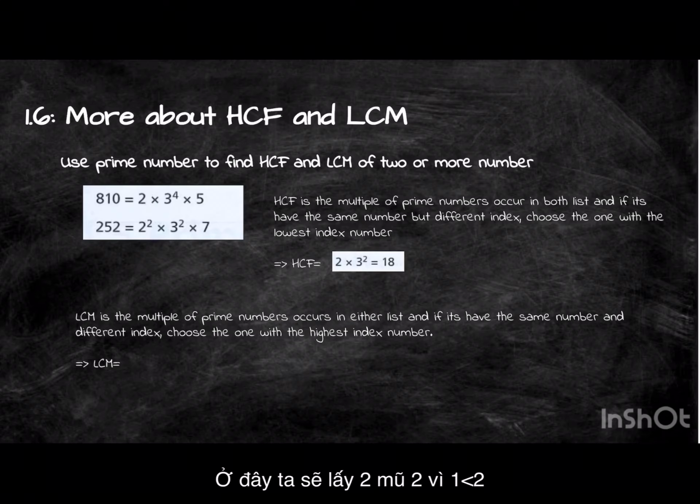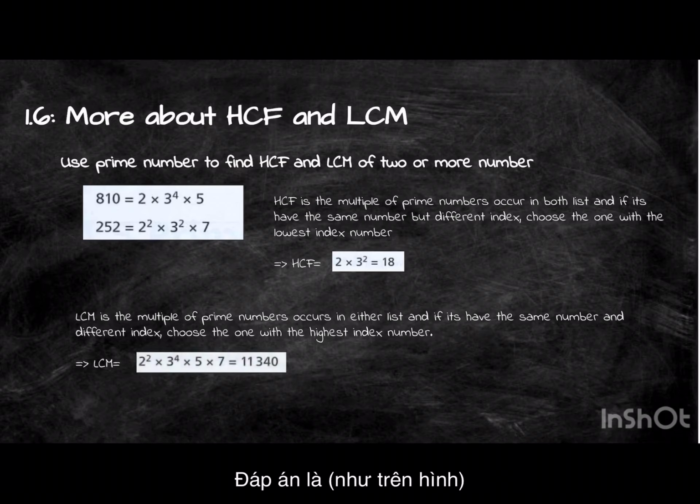So here we have 2 and 2 squared, and 2 squared is larger than 2, so we have 2 squared. For 3 to the power of 4 and 3 squared, 3 to the power of 4 is larger, so we have 3 to the power of 4. 5 and 7 occur in either of the lists, so we have them both down here. For the lowest common multiple, we have 2 squared times 3 to the power of 4 times 5 times 7, which is equal to